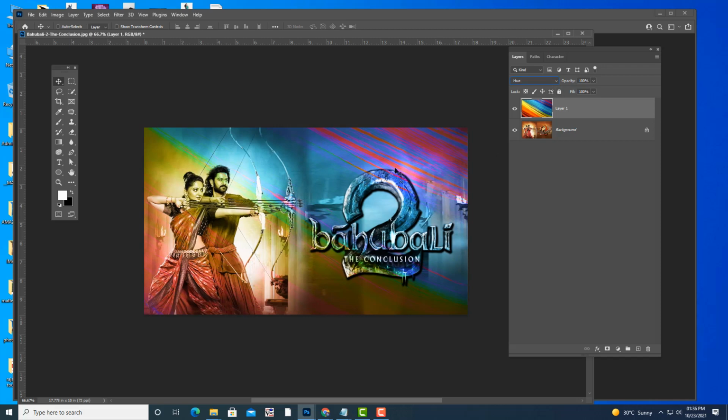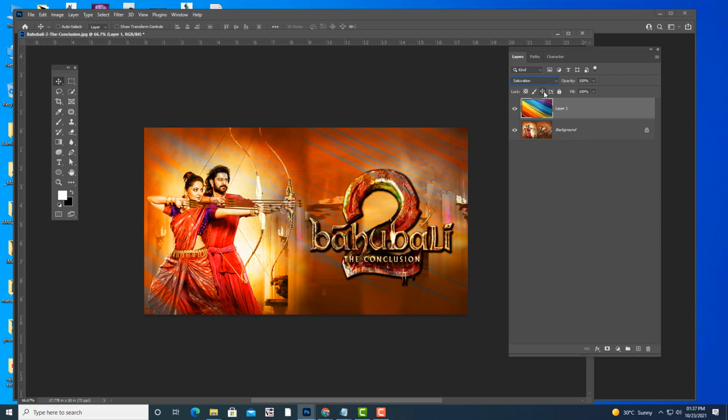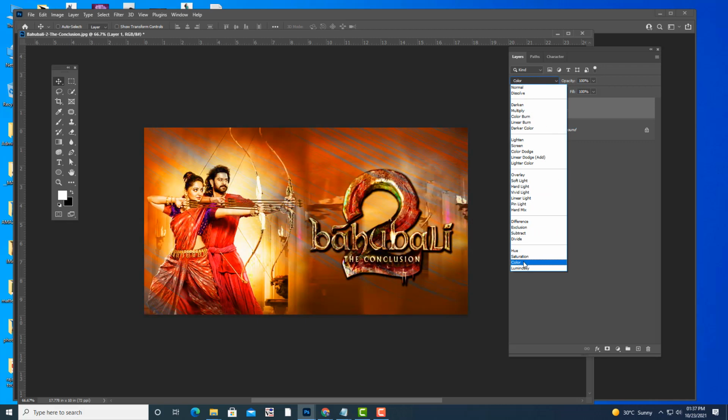You can see how the colors blended onto the bottom layer, or we can say base layer. Next is saturation. What is saturation? Saturation means the thickness of the color. Concentrate, how dark that color is, that is the meaning of saturation. After saturation, the next one is color.